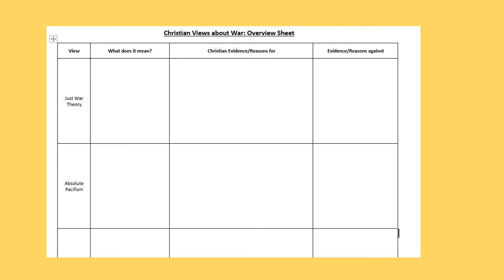Now, what's the evidence for this? Well, the evidence, the reasons that's usually given is to do with what we call the doctrine of double effect. So this should be all in your notes in Just War Theories, but I'll just talk through it again. So Catholics are against killing because it goes against one of their precepts of natural moral law, which is the precept to preserve life. However, natural moral law allows you to break precepts in only one situation, and that's if the aim of your action was not to break that precept. That was just a side effect of your action, and the aim of your action was actually following the precept.